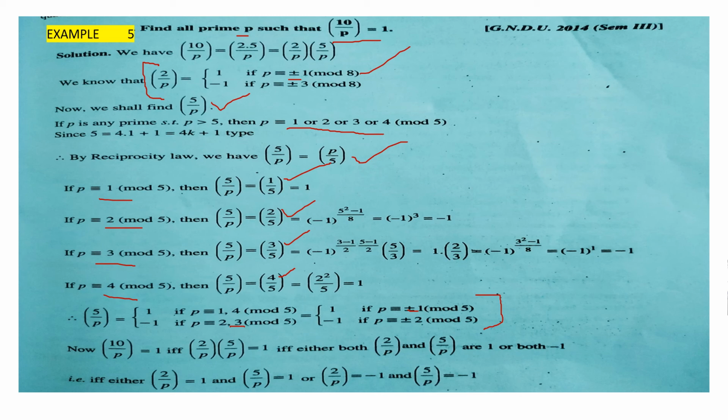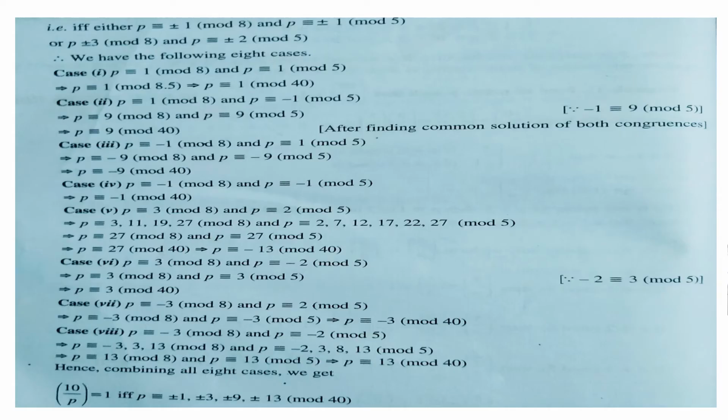तो क्योंकि हमें 10/p निकालना है तो दोनों को मल्टीप्लाई करके वन आना चाहिए। इसका मतलब या तो दोनों पॉजिटिव होंगे तो वन आएगा, या दोनों नेगेटिव होंगे तो वन आएगा। तो हमारे पास 8 केस है। ये मेरे पहले वाले केस है 2 बाय 5 के, ये मेरे दूसरे केस है उसके 5 बाय p के। अब इन केसेस को क्लब करना है, 8 केस बनाने हैं आपने, उसके अकॉर्डिंग आपके आंसर बनेंगे।